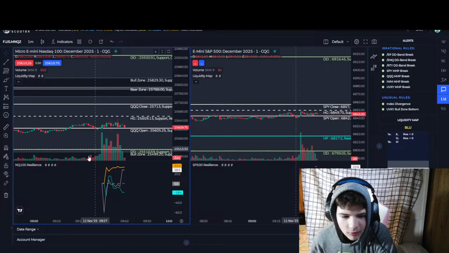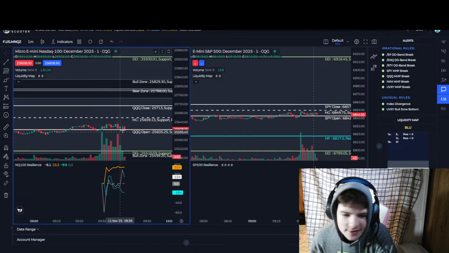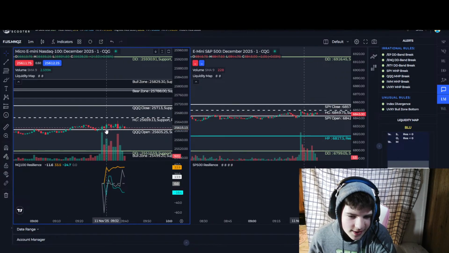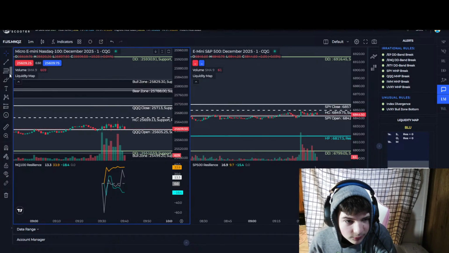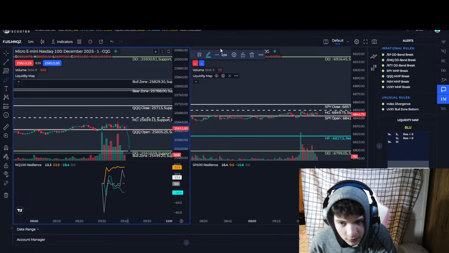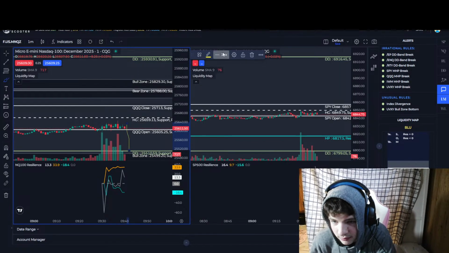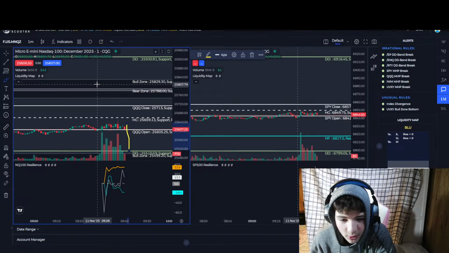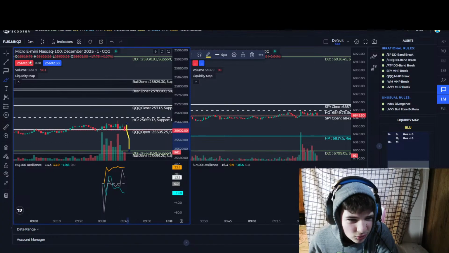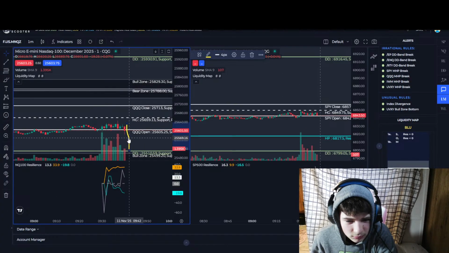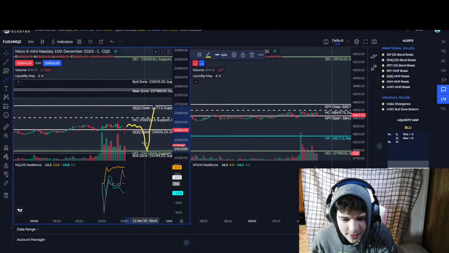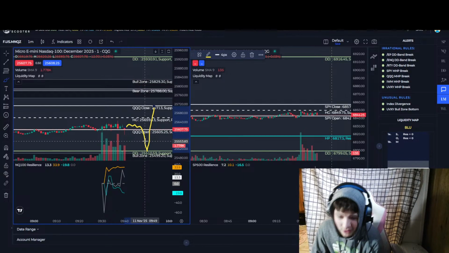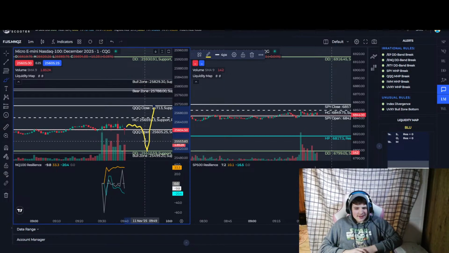All right, so now res is positive, but this is kind of sus, you know. Do I wait for the market to crash? Do I wait for market to crash and buy on DD band and bull zone? If res is positive during that, that's A plus for bull zone.